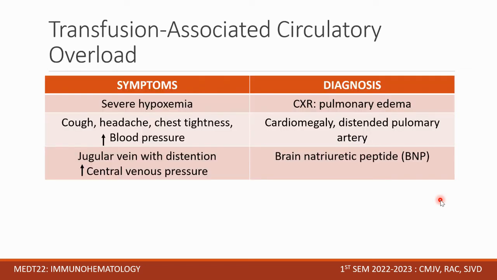So what are the symptoms? You have severe hypoxemia, you have cough, headache, chest tightness, and increase in blood pressure. Then, jugular vein distension, increase ang central venous pressure. So, why is that? Because